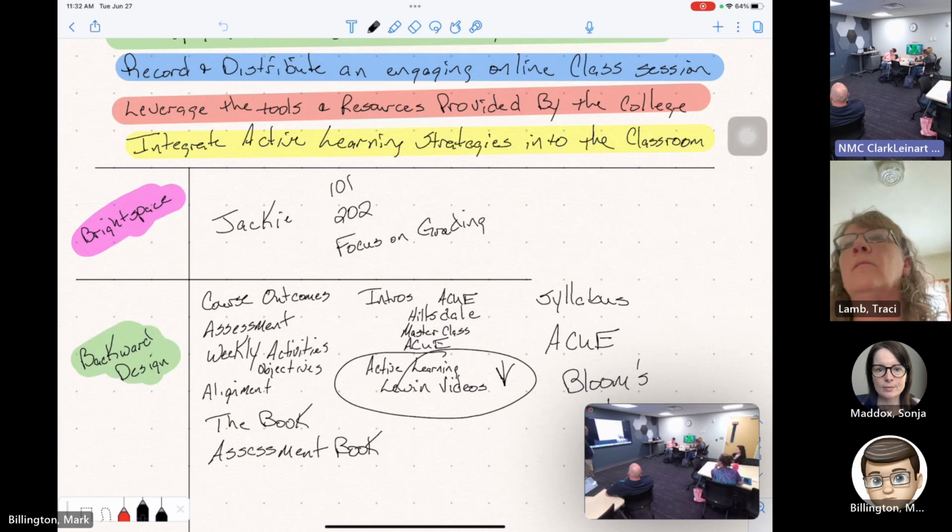All right, so that's a little bit behind that on backward design. What could be another learning objective or learning outcome you might think about for your course? Any thoughts? Did you guys bring your syllabi?